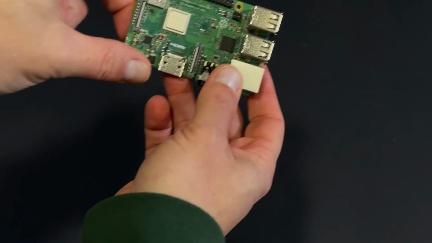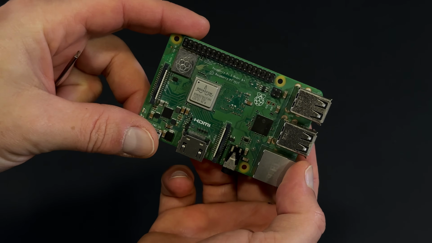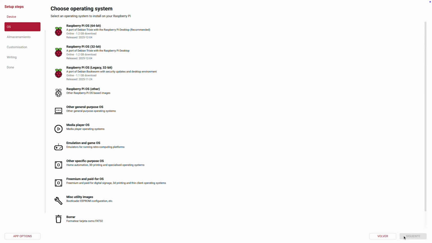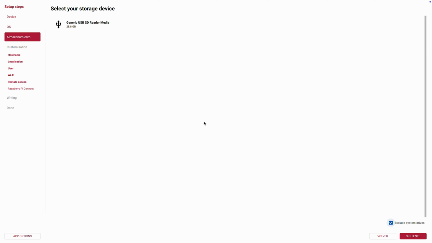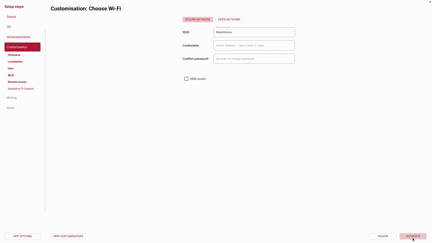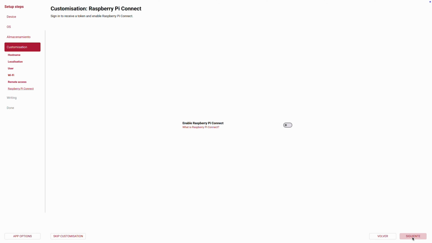Your Raspberry Pi 3 is still more capable than you might think. And in this video, we're going to prove it with several examples. But first things first, flash the OS. We recommend using the light version, since we won't need a desktop, and it'll save us some precious resources.